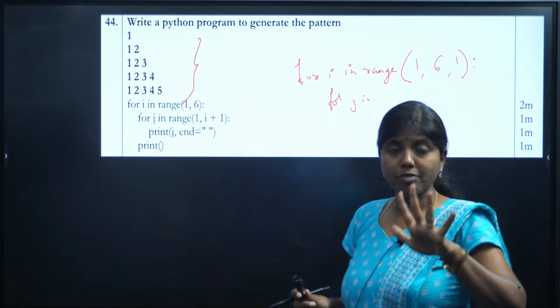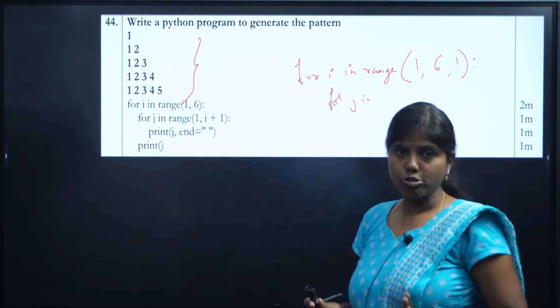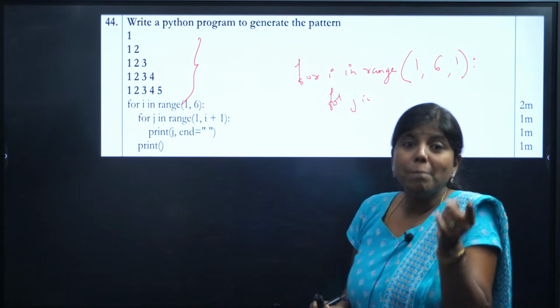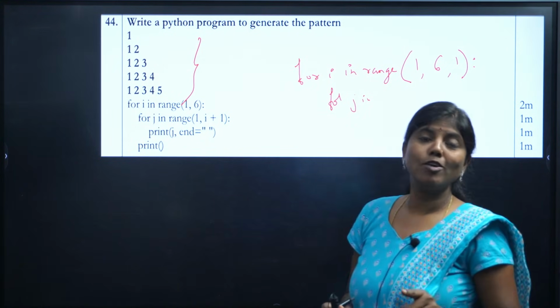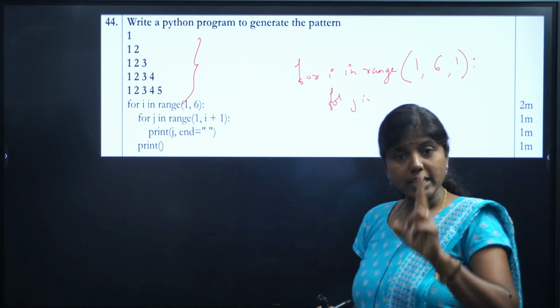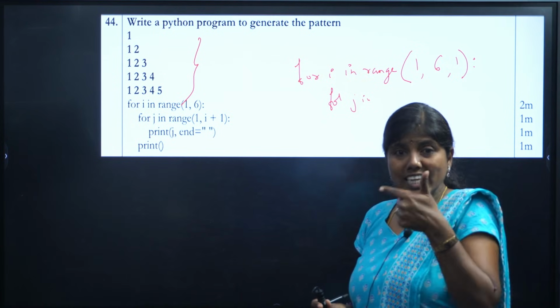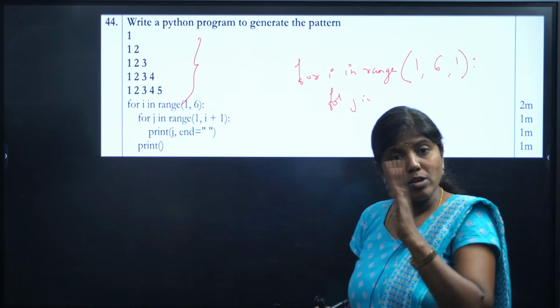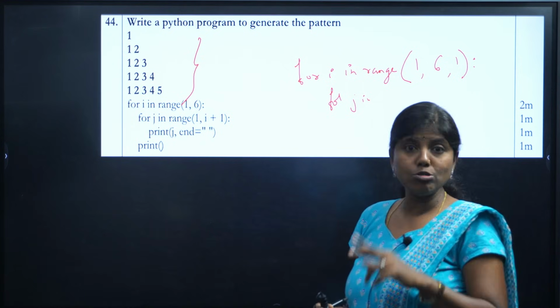So I have to take the 5th row also. I have started from 1 to 6. Can I take from 0 to 5? It will be fine, no matter. But I want the value of 1 also. For the first row only, I need to have 1 value. For the second row, I need to have 2 values. This can be considered very easily for the j loop. That's why it's better to take from 1 to 6 rather than 0.